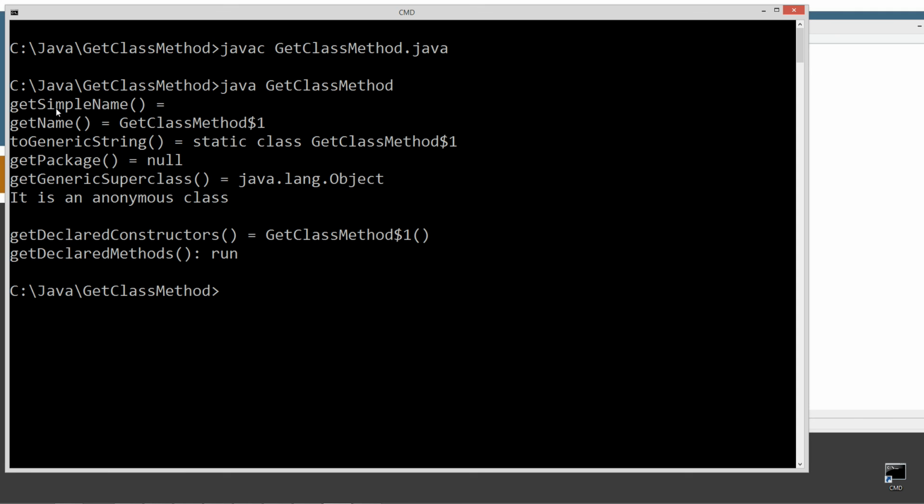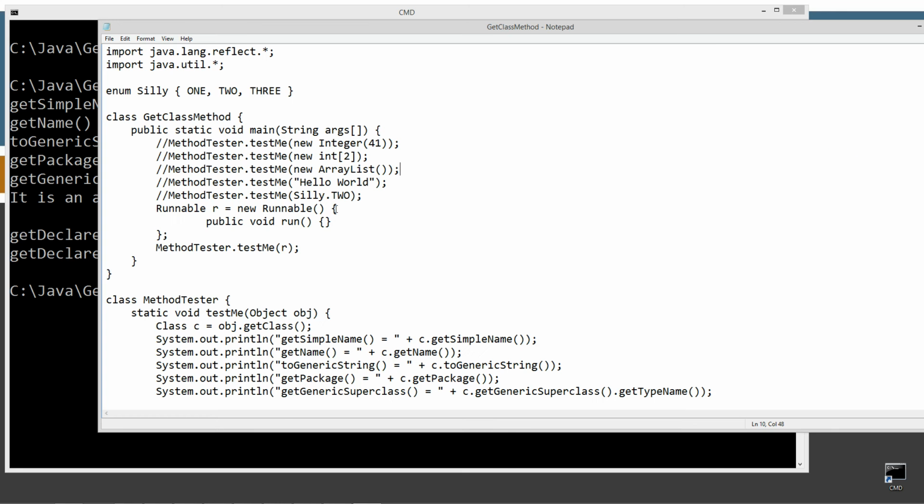Okay, so anonymous class has no name, right? Simple name, no name, right? Get name, we got the getClass method, $1. That's a little strange, right? Same thing, no package. The superclass for the anonymous class I found kind of interesting is java.lang.Object because, well, I guess maybe that makes sense, because in fact underneath it's implementing Runnable, so I'm not entirely sure why that's Object there, but maybe that does make sense. Maybe it's just since it has no name, it's anonymous. Maybe it's not inheriting from anything. But anyway,